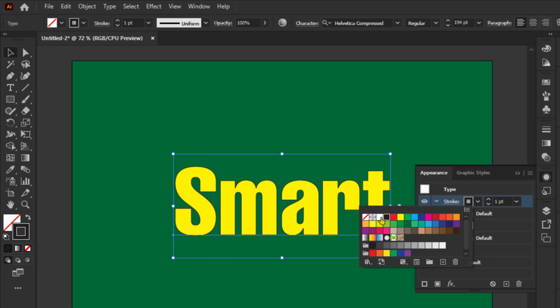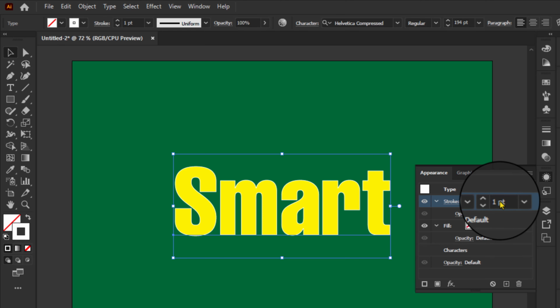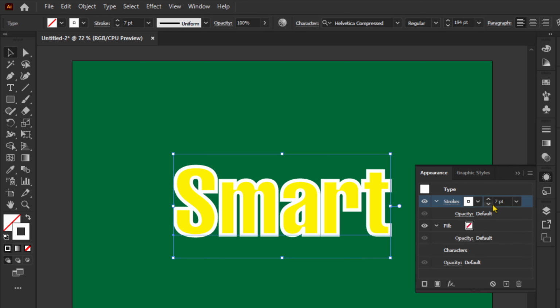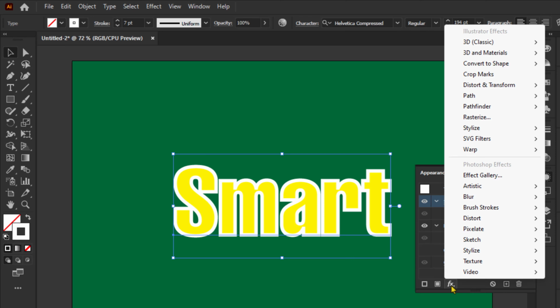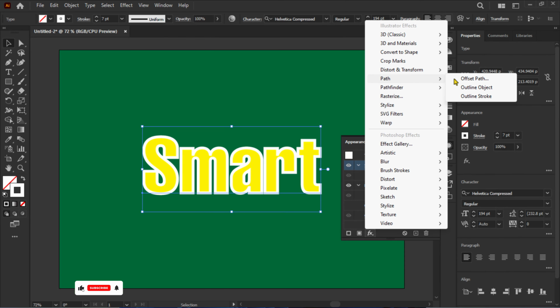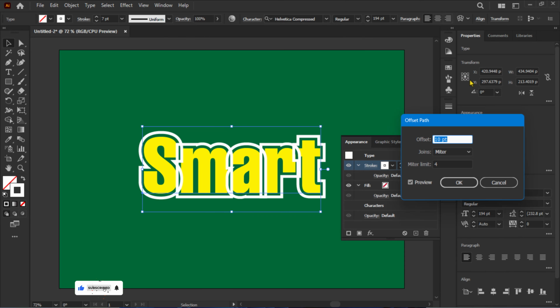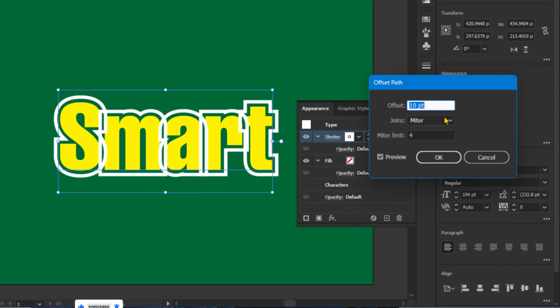Choose the stroke color. Then, increase the stroke thickness to your desired level. Click on the Layer Style icon, and from the Path options, choose Offset Path. In the pop-up, you can choose a rounded outline by selecting Round, or keep the default sharp edges for a